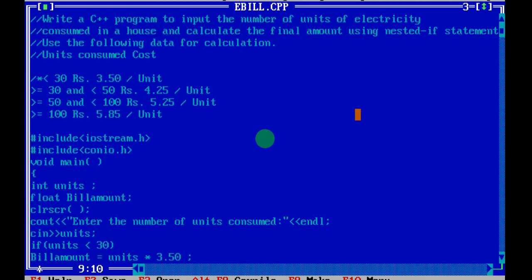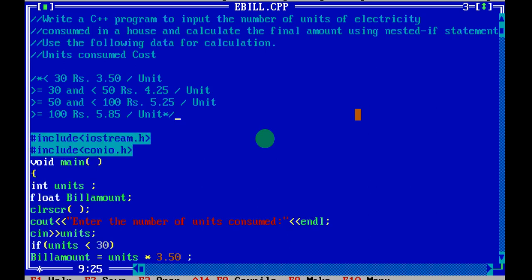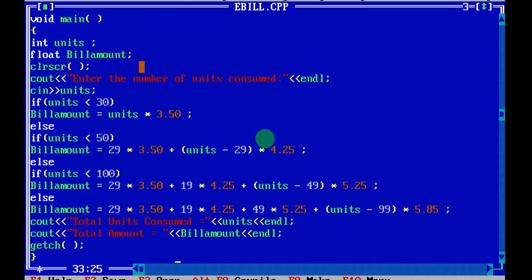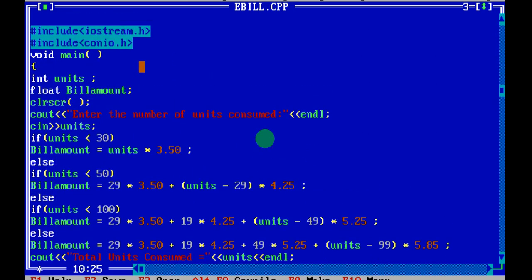You can use double slash or slash star to make a comment. See this, it has become light blue and the other program is in the normal form.